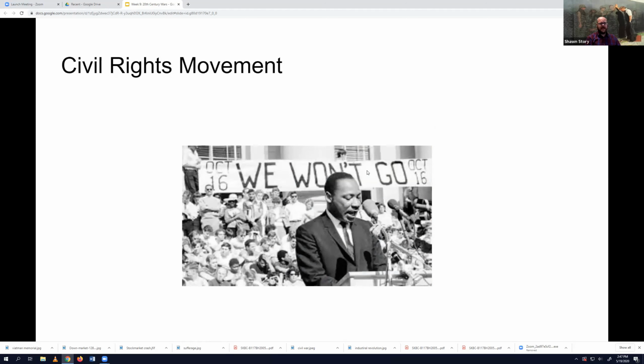Another movement that's happening during this time with JFK as president is the civil rights movement. JFK was a really big supporter of this, given the tension that we're seeing in the 1940s, 50s, and 60s over segregation. We're seeing Black communities and white communities being separated, schools for Black children, schools for white children, and there's really this disparity, this unfairness between them, and that we needed to increase civil rights and treat people equally with equality and equity. And so JFK was one of the presidents that was really supportive of the civil rights movement,